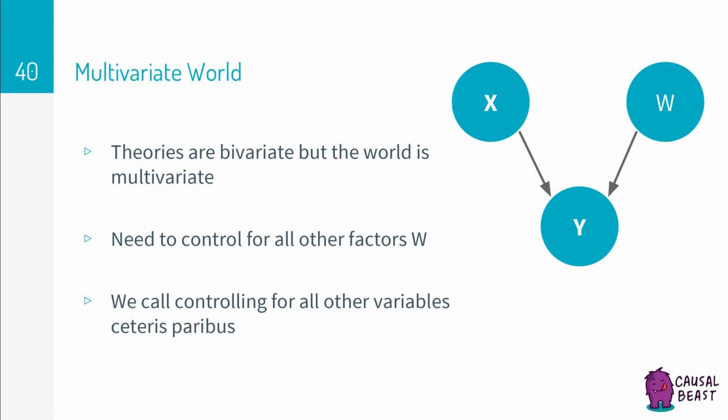So how can we rule out w in our analysis of the causal relationship between x and y? We restrict their variation, meaning we hold them constant. And this is important because, if you can recall from an earlier discussion, we said that a causal relationship necessarily exhibits correlation, meaning that variation in one variable causes variation in another variable. If we don't allow w to vary, and we only allow x to vary, w cannot have a causal relationship with y, and any variation in y becomes solely attributed to the variation in x. In this way, we can show that x and y have a causal relationship, by holding all other factors constant.